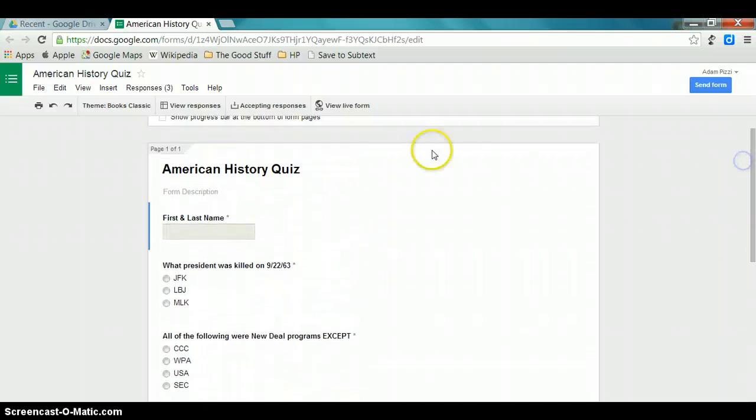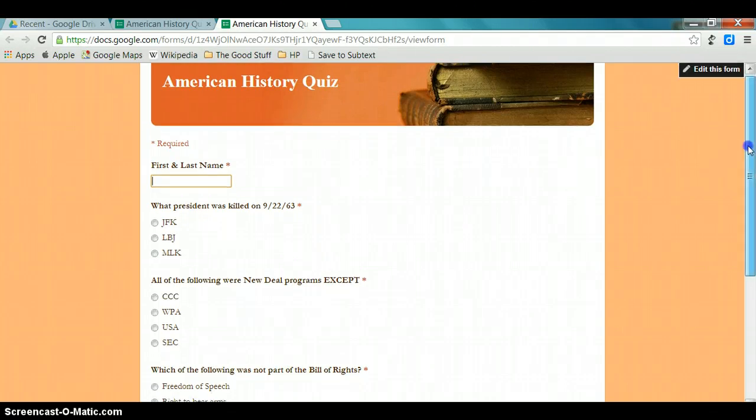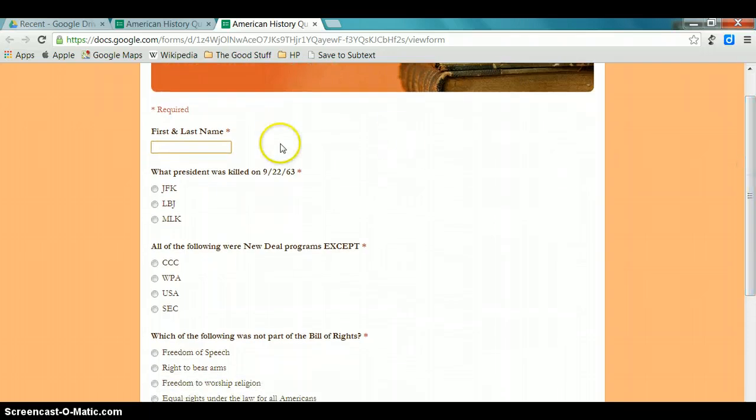Alright. I just want to give you a glimpse of what it looks like on the front end for the students. So let's click View Live Form. Here I chose a different template, but this is what the students will see once you post it and make it live. Again, I'm asking for first and last name, what president was killed on